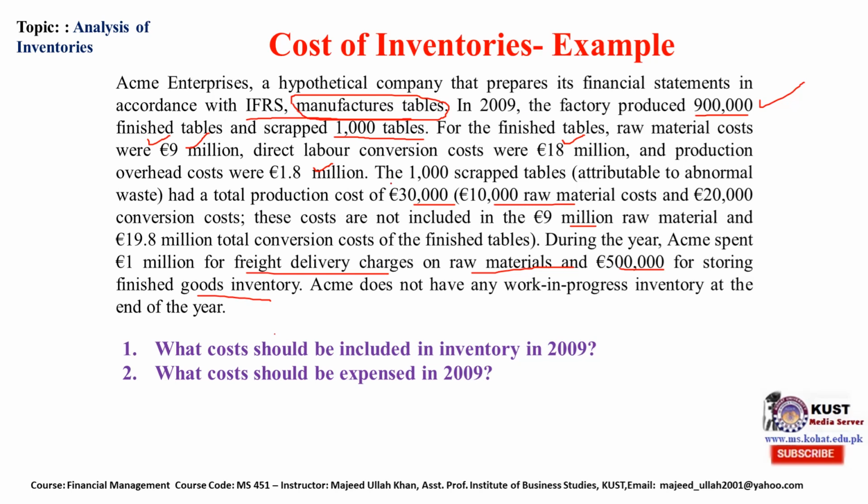We will include this 9 million as an inventory cost, this 18 million, this 1.8 million, and this 1 million freight charges. But we will not include the 30,000 and the 500,000, because the first is abnormal loss, as we studied in an earlier lecture, and the second is storage cost. So moving further,